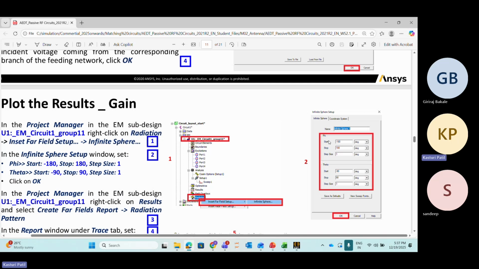In case of radiation pattern 2D, first check phi value, keep minus 180 to plus 180, change the starting, it should be minus 180, it should end at 180, and in case of theta, you have to keep it constant. So theta value we have kept constant at 90 degrees. So there are two planes, azimuthal plane and elevation plane. Again for elevation plane,